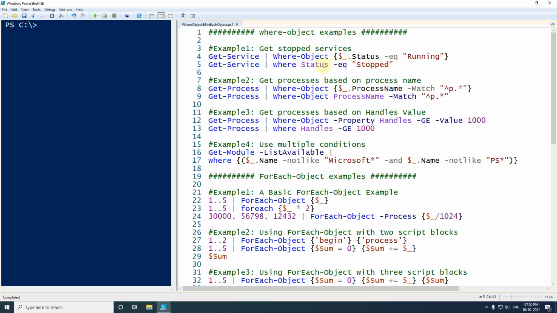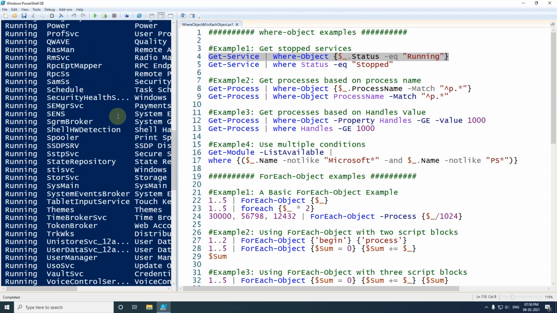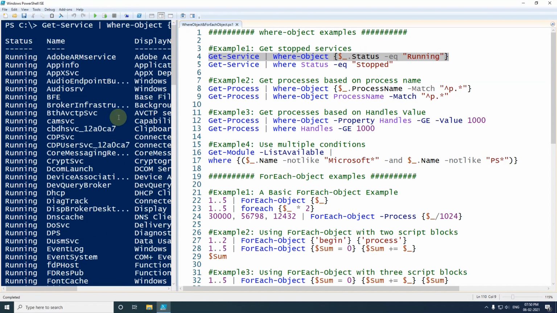Whichever value is matching the property, the same result we will be getting on the screen. If I execute the first example, we will get a list of all the services which are running.